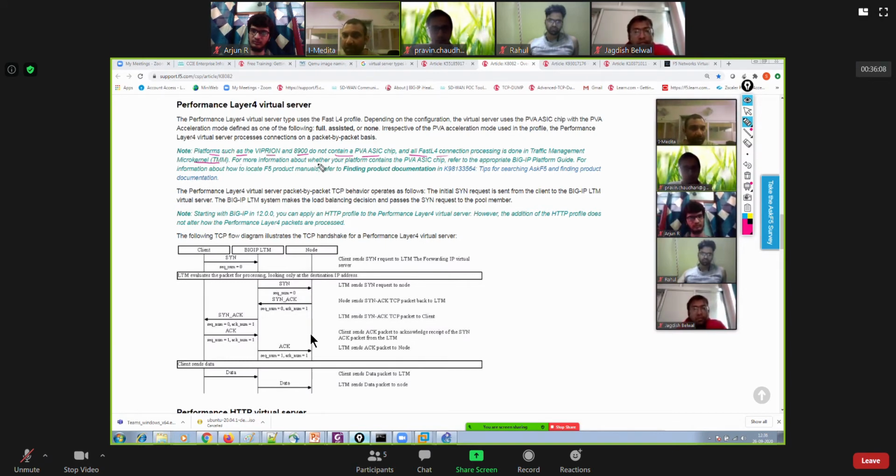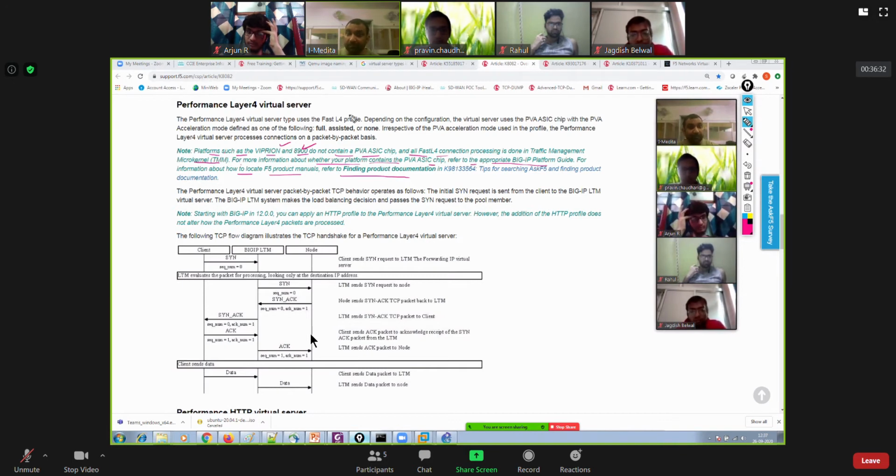Whether your platform contains the PVA chip, refer to the appropriate BIG-IP platform guide for information about how to locate the F5 product manual. This is what they are trying to make you understand: we do not have the PVA ASIC chip available on Viprion and 8900 series of BIG-IP. Those are available on some other platforms.